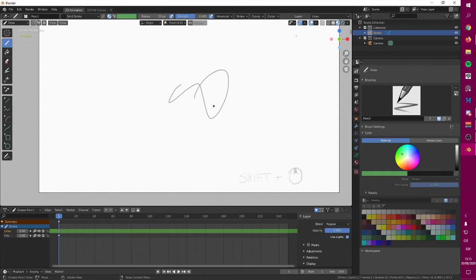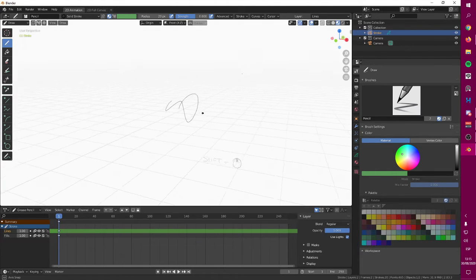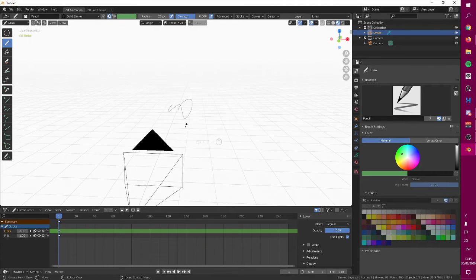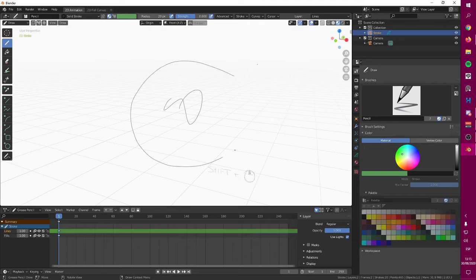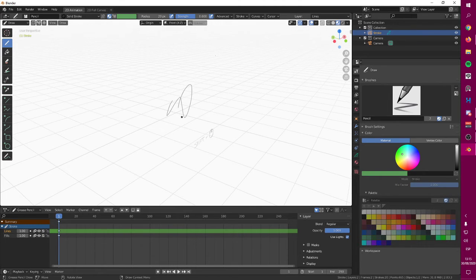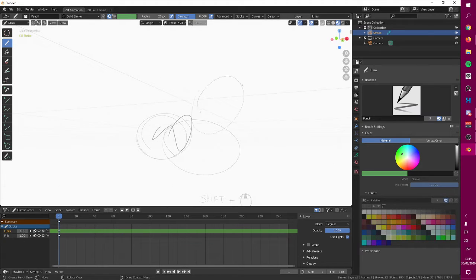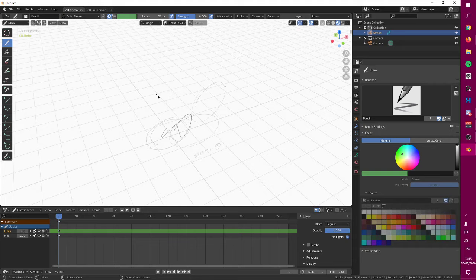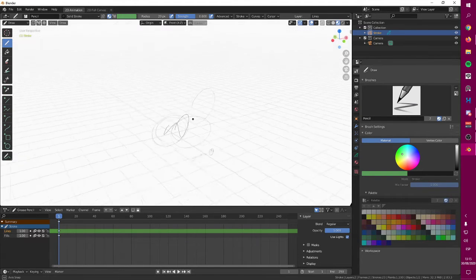If you just hold middle mouse, it is going to do this. And what is going on in here is taking you away from your camera view to your 3D scenario. And this is not the most ideal way to do drawings in Blender, because you can do it, but it is not going to be the most comfortable way to animate.